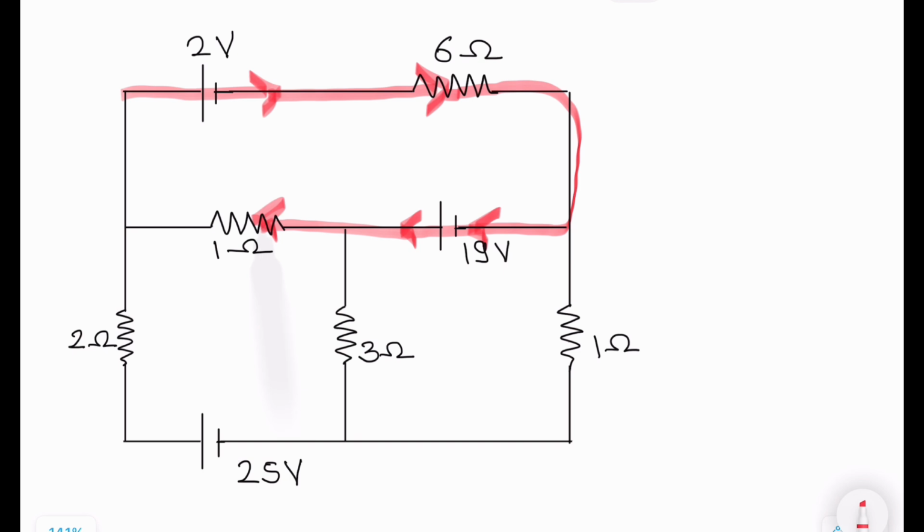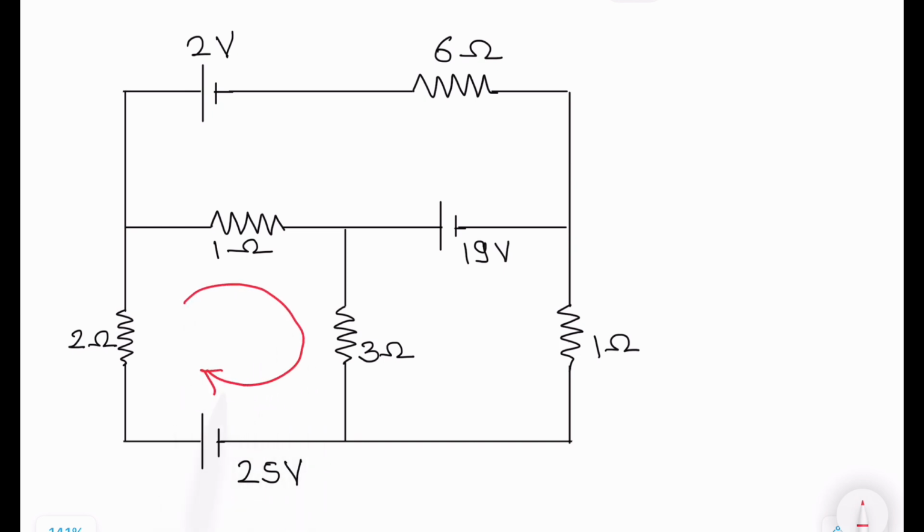Current through this will be represented as clockwise current I3. Let us show the clockwise currents now. Current I1, current I2,